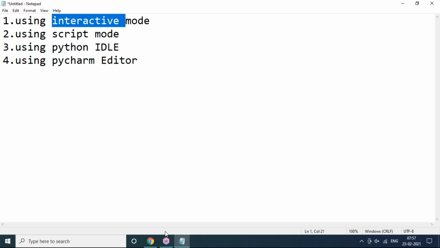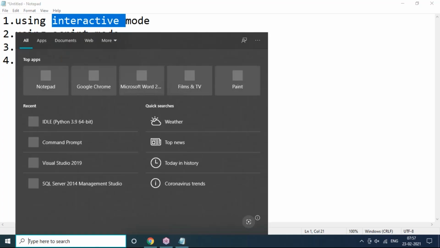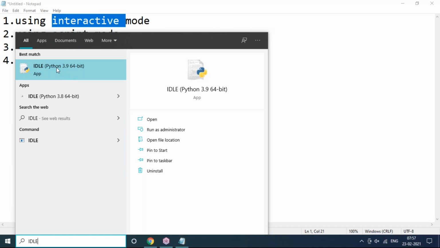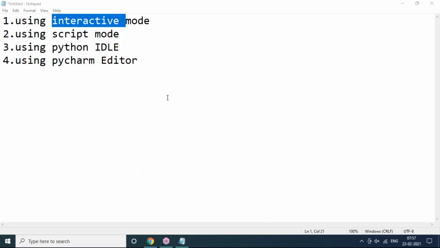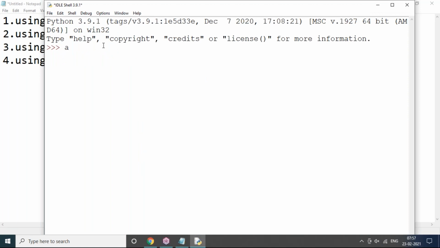So in the interactive cell, what is happening? Let me open IDLE. This is the interactive cell only. Whatever you enter on the first line is automatically executed. Now you can say a equals 10, and it's executed directly. Print the value, that's it. You can say hello, press enter, and it's executed automatically, showing the result clearly. So code executes line by line here in the interactive cell.